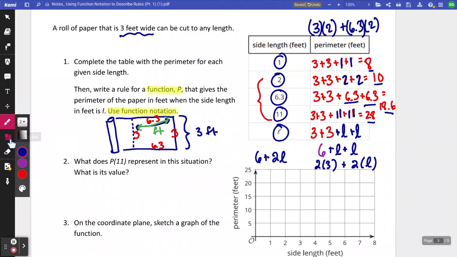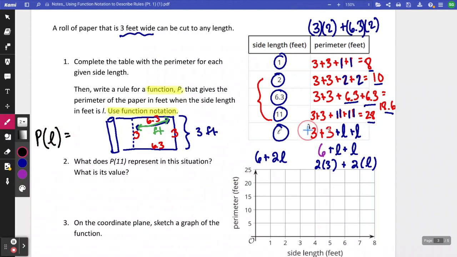So the last part of this, putting it all together with what we know now about function notation: my function's name is P, so I'm going to start with P of. After that is my input. My input is the variable L. So P of L